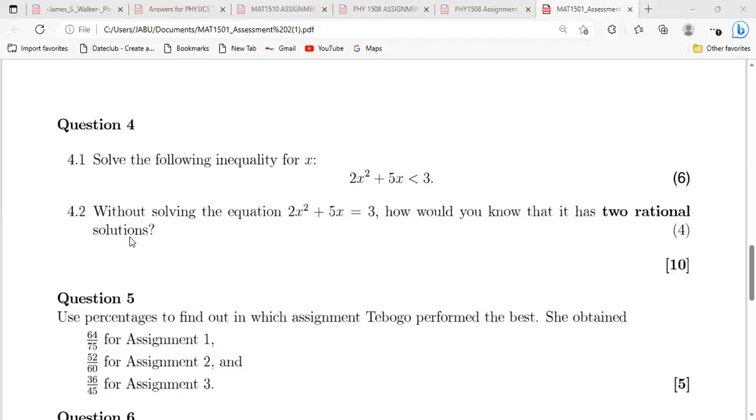Let's continue to 4.2. The question says, without solving the equation, right? How would you know that it has two rational solutions? Okay, so